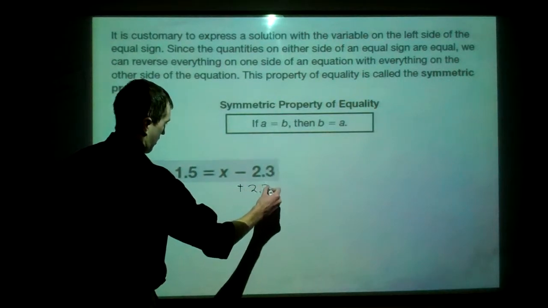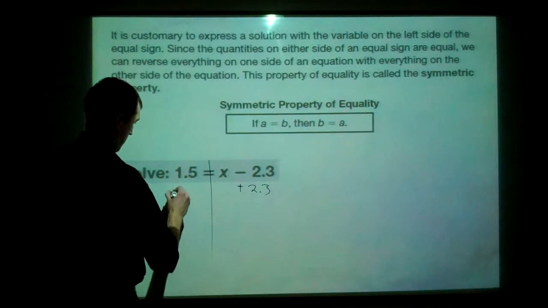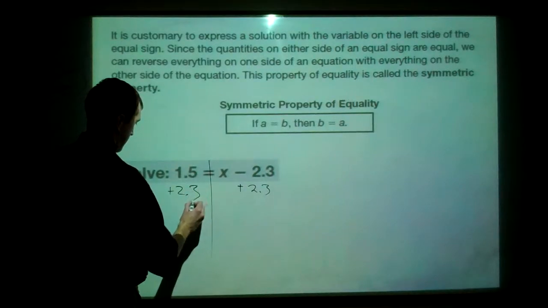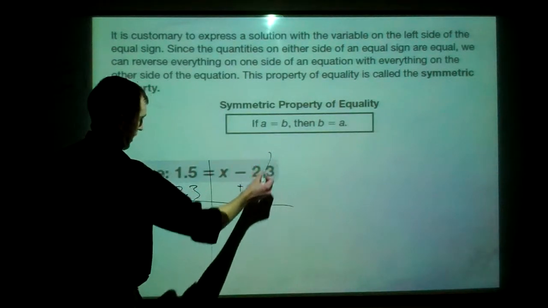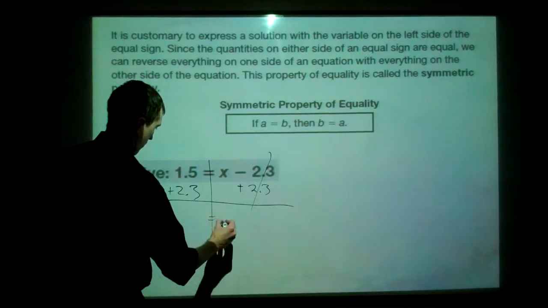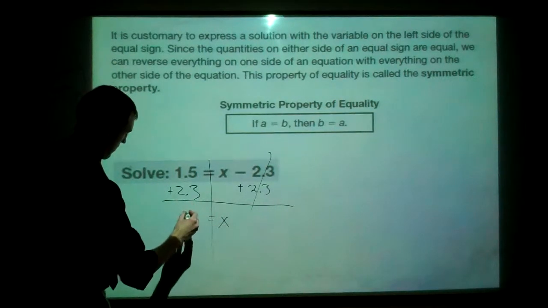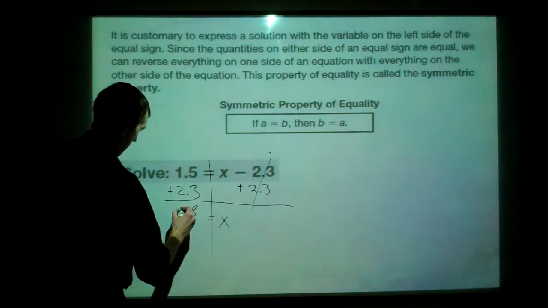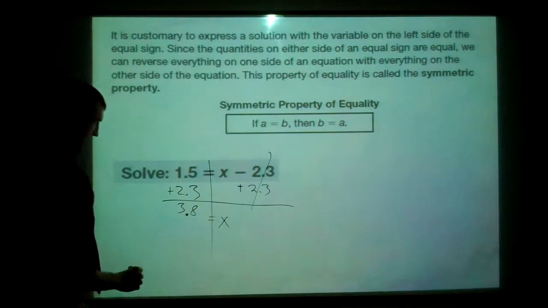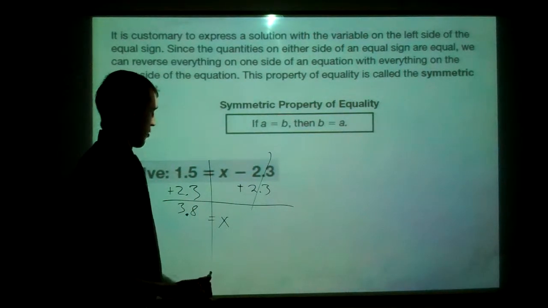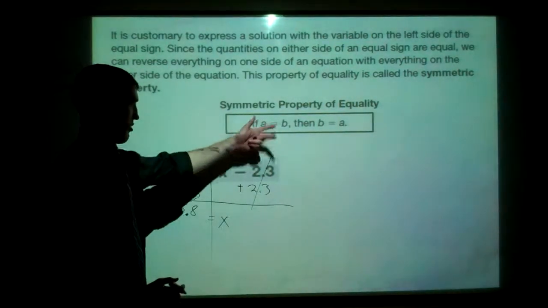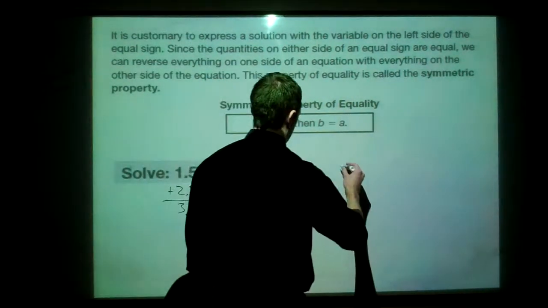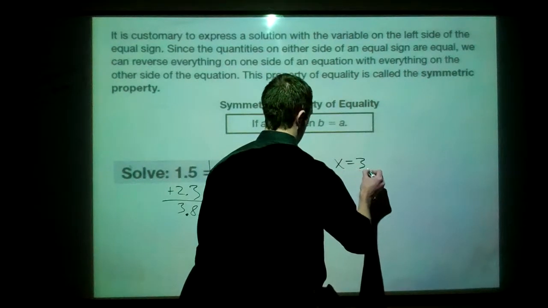We're going to add 2.3 on this side. These will cancel with each other. We're going to be left with x. And then if we add, we get 5 plus 3 is 8. And then 3, 1 plus 2. So x equals 3.8. What we're saying here is that we can state this either way. I'm going to say x equals